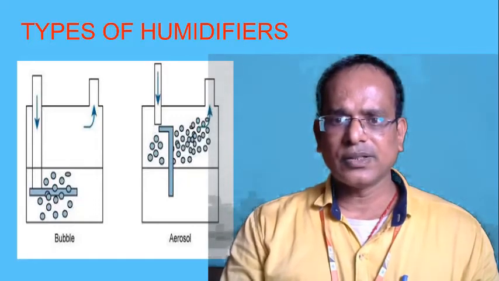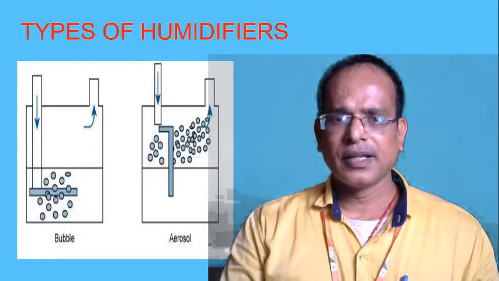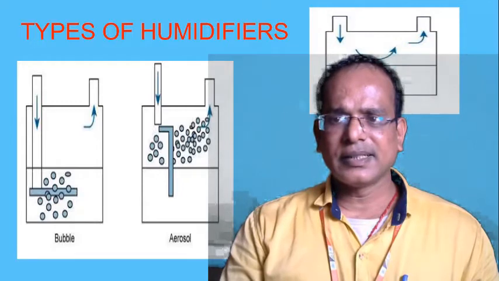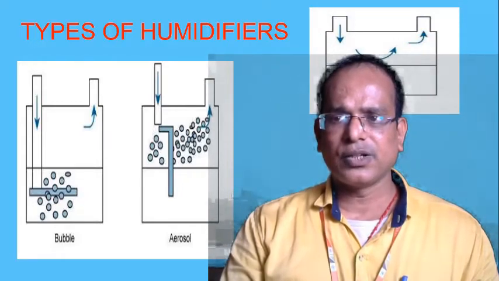Say aerosol. Aerosol is a spray. When a spray gas is put on the liquid, it will make bubbles. So that bubbled air contains moisture that will be taken up and go upward. And a third one is a passover. Passover means the air is passed through the liquid from the bottom and it will be reflected upward. So it will take the moisture from the liquid and go upward.